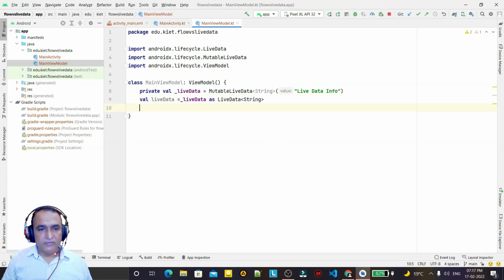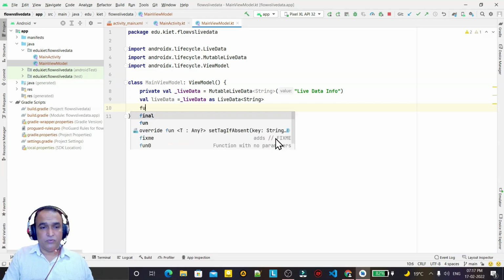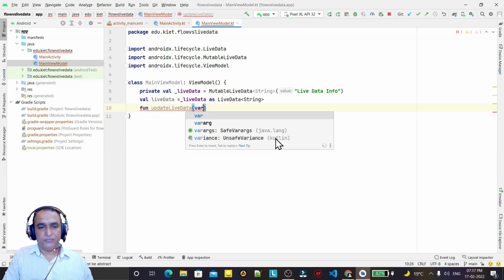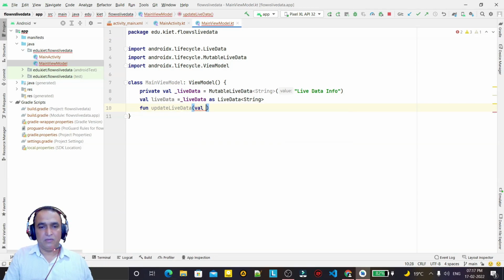Now we have to create a method for updating this live data. So I say update live data function, and here I will pass a string value of string type, like this.